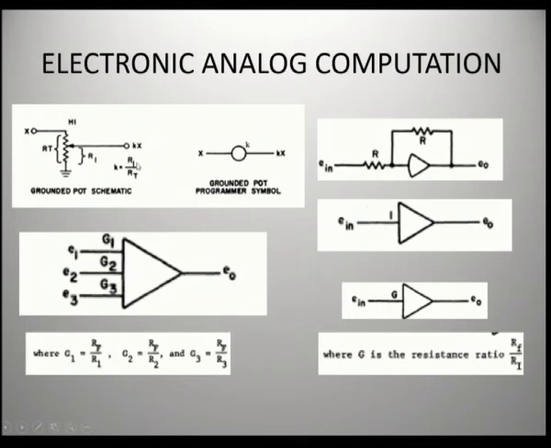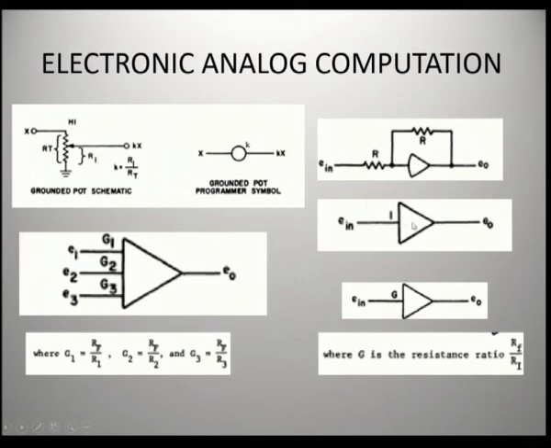So, it is less than 1 kilo ohms and can be multiplied with the input signal. So, it is represented as x into k. That is the output here, kx. So, this is the symbol of the potentiometer, and here this is an inverter because these two resistors are equal. So, the gain is 1 and the input signal is always taken at the output here, since the gain is